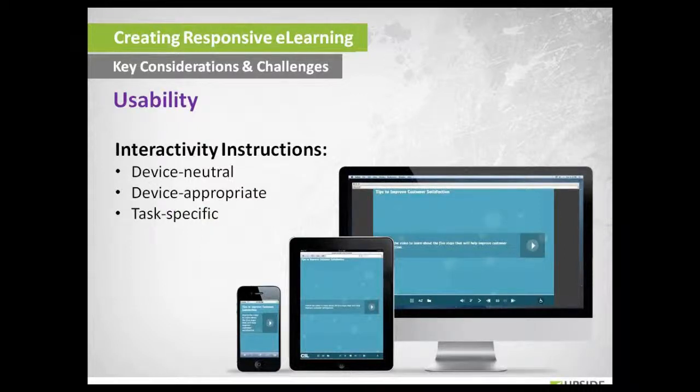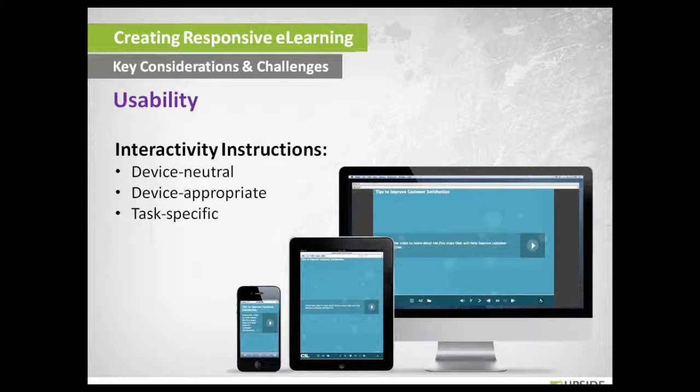Because of the difference between mouse and touch-based interactions, responsive e-learning also requires special attention to the interactivity instructions we have on screen. They can be device neutral, device appropriate, or task-based. In other words, we can control learner instructions either through our writing or through our programming, as you would see in this example.